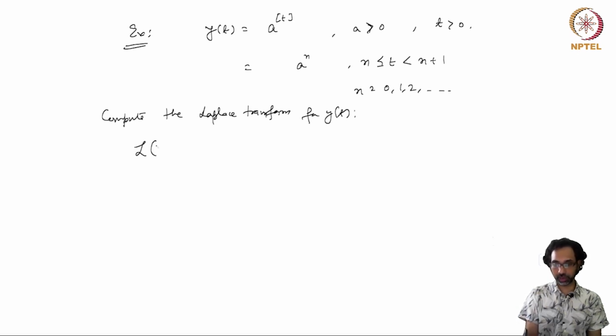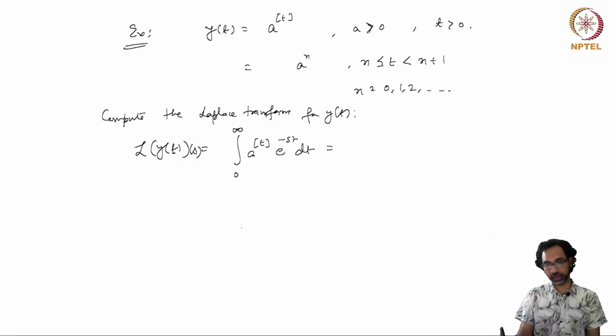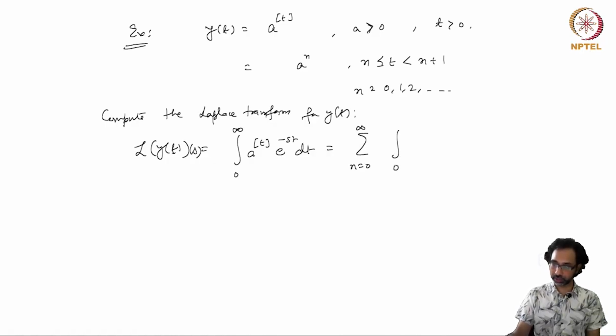So the Laplace transform of y(t) with respect to the variable t is equal to the integral from 0 to infinity of a to the power greatest integer part of t times e to the power minus st dt, and now we can break this interval 0 to infinity into many integrals of length 1. So this will be the sum n equal to 0 to infinity of the integral from n to n plus 1